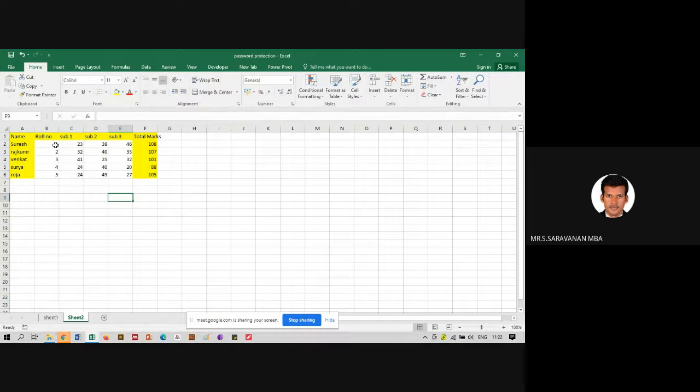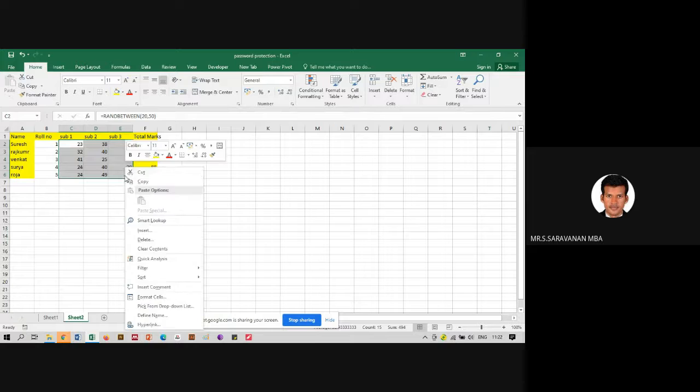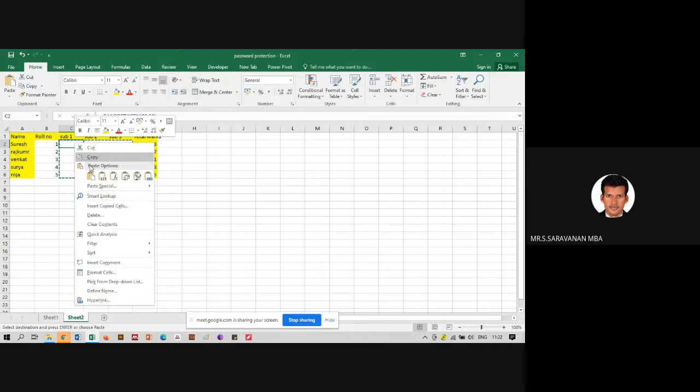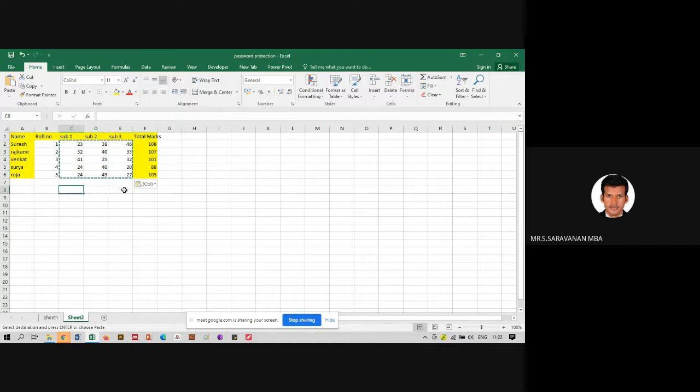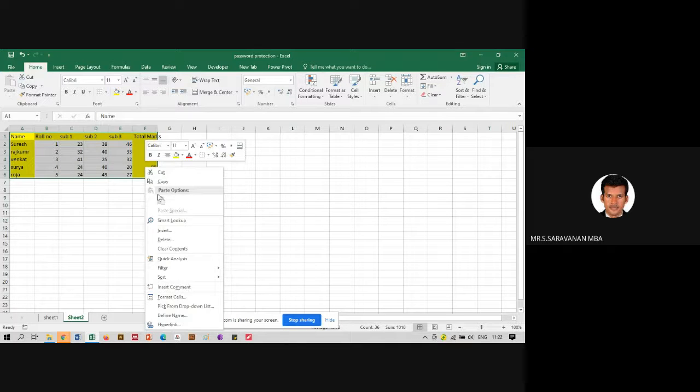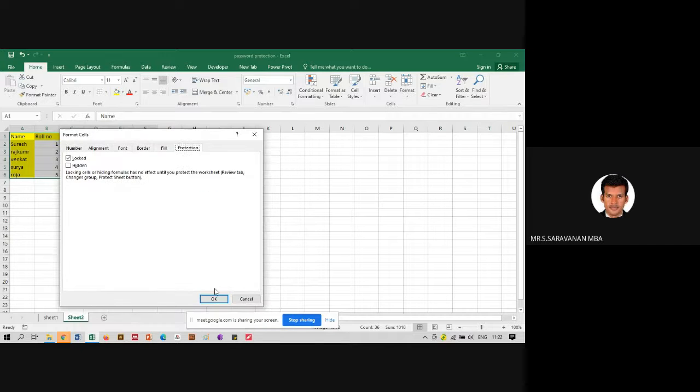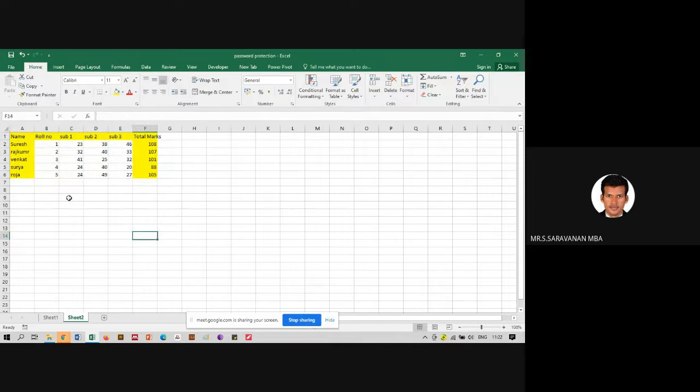Okay. Now, till now you are able to edit it. See, we have given a random number here. Copy it. Paste value. It will not change now. Format cell, protection, locked. Click OK.